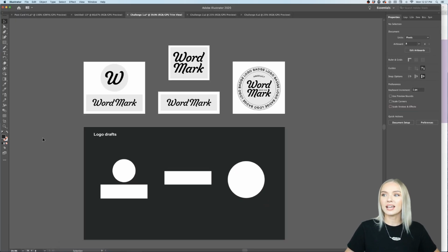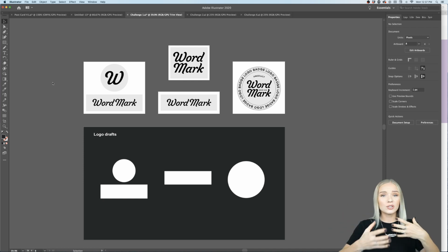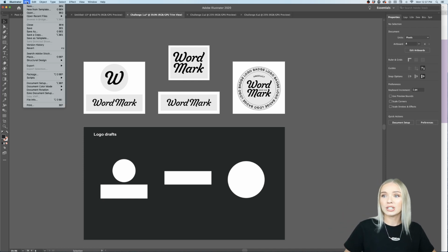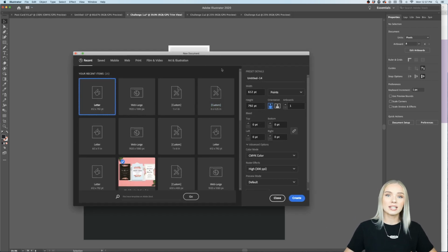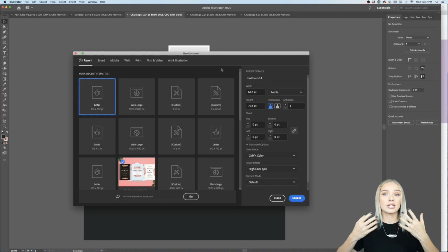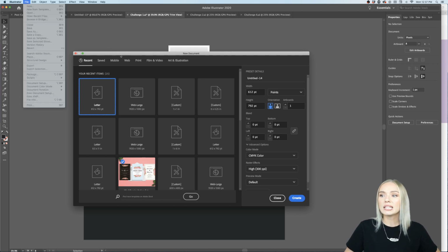This is how it looks like. Here is a little sneak peek into tomorrow's challenge. I don't want to share too much, but we are going to be working on a logo tomorrow, and I'm going to share with you guys what kind of different logos there are and how to create those. We are going to create a new file for today. I'm just going to show you guys how to get started and maybe try out something already today. So when we click on new document, so file, new,